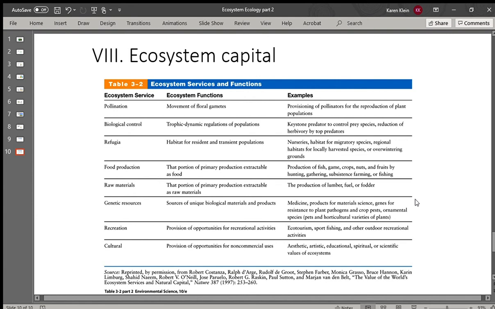And then, hey, recreation, healthy ecosystems. You go hiking, fishing, hunting, you go to the beach, just go traveling. Ecotourism is big. These are only possible if we keep our ecosystems healthy. And then there's a cultural, aesthetic aspect to healthy ecosystems. Aesthetic, artistic, educational, spiritual, and the scientific values of ecosystems, some that are a little less tangible or a little harder to put an exact dollar figure on, as far as the cultural reverence that we give to some aspects of our healthy ecosystems, but nonetheless extremely important